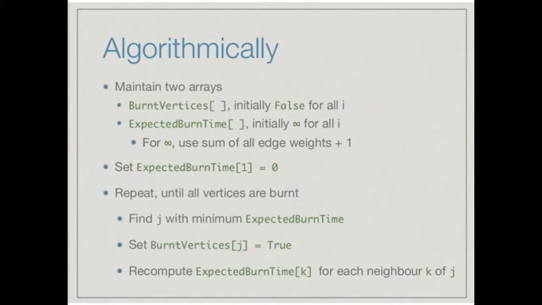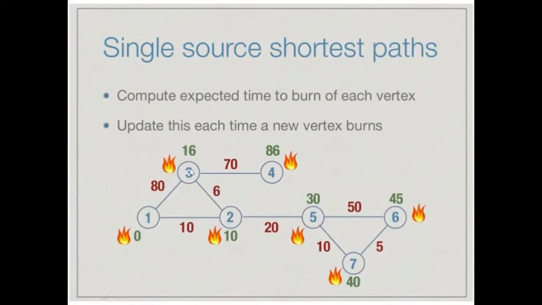Okay, and the next array you will initialize, we can relate it to the expected burn time. That is how much time a node will take to burn from an initial node or vertex. So initially we will initialize the complete array with infinity. As we have discussed in the last slide, initially I will mark the time or the cost to travel from vertex 1 to vertex 2 as infinite, before the application of the shortest path algorithm. After the application of the algorithm, we will update all those infinities to the actual cost.